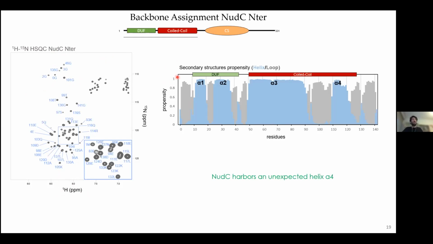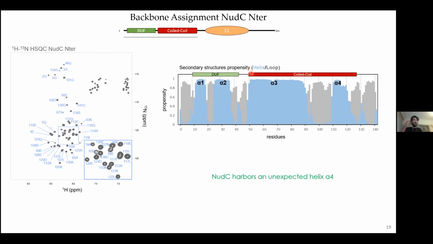As you can see here, we can have the secondary structure propensities. So in blue, the alpha helices, and in gray, the loops. And we can compare it to the already known topology of Nazi. So we can find that we have two alpha helices located in our domain of unknown function, but we can